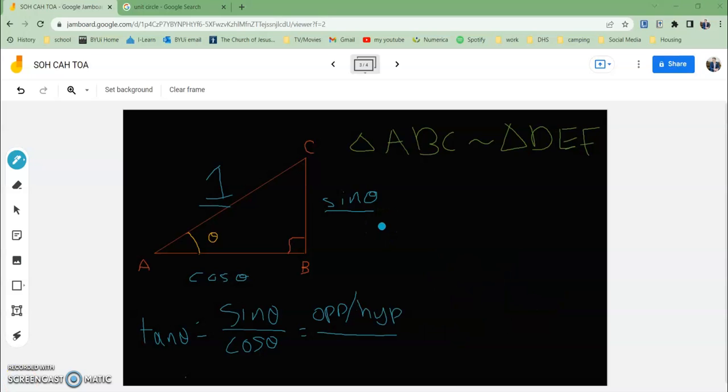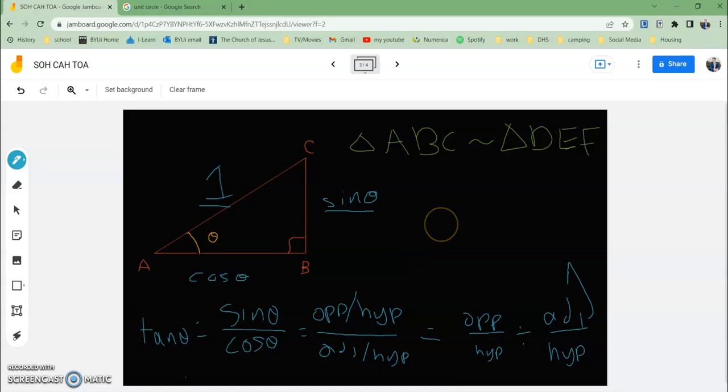And we also said cosine is just adjacent divided by hypotenuse. Okay, so this is a fraction on a fraction. We just rewrite that as the opposite over hypotenuse divided by the adjacent over hypotenuse,